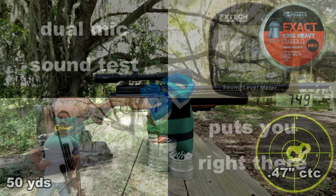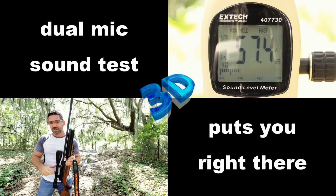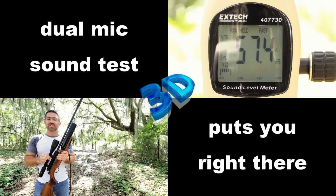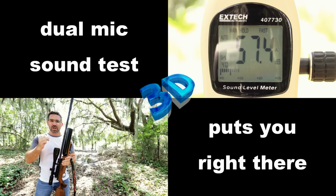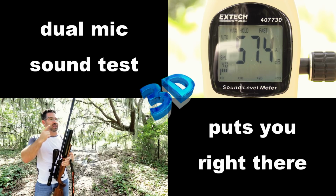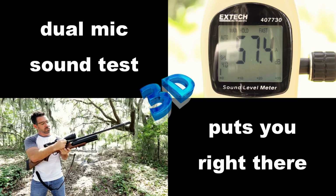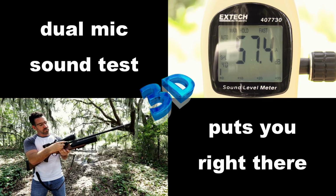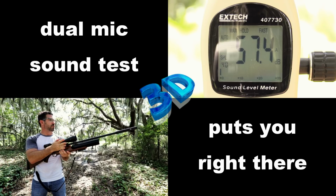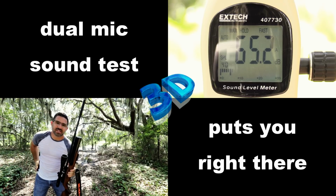The quiet energy sound suppression system in the Nova makes it one of the quietest 45 foot-pound guns I've ever had my hands on. The report actually registers at or below normal ambient conversation on the decibel meter. And just to illustrate my point,